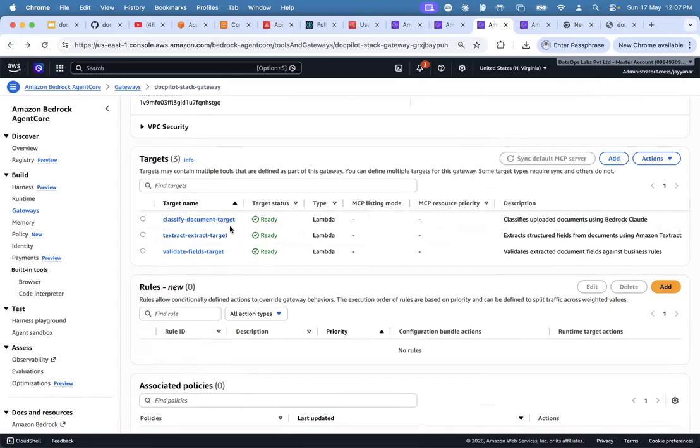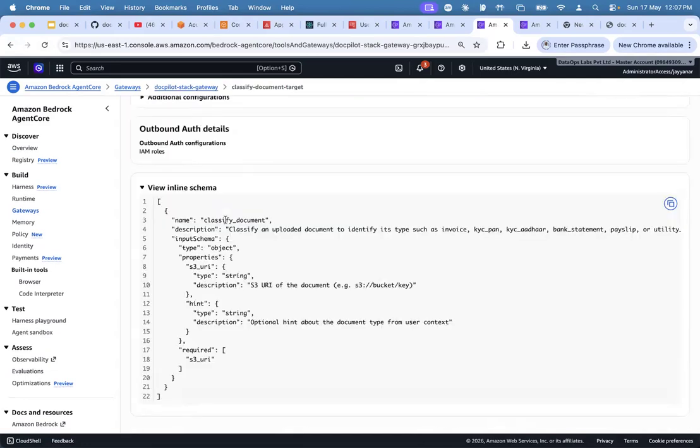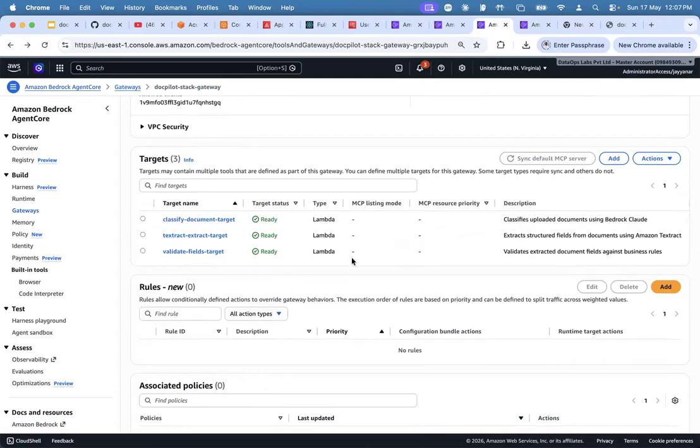If I want to classify, I am going to use this target, and it has clear details: classify uploaded document, and the input will be like this. The input schema, and the required part is that you need to keep that information back in S3, and then you can display that on the screen. That's what it is doing, right? So these are the targets we have.